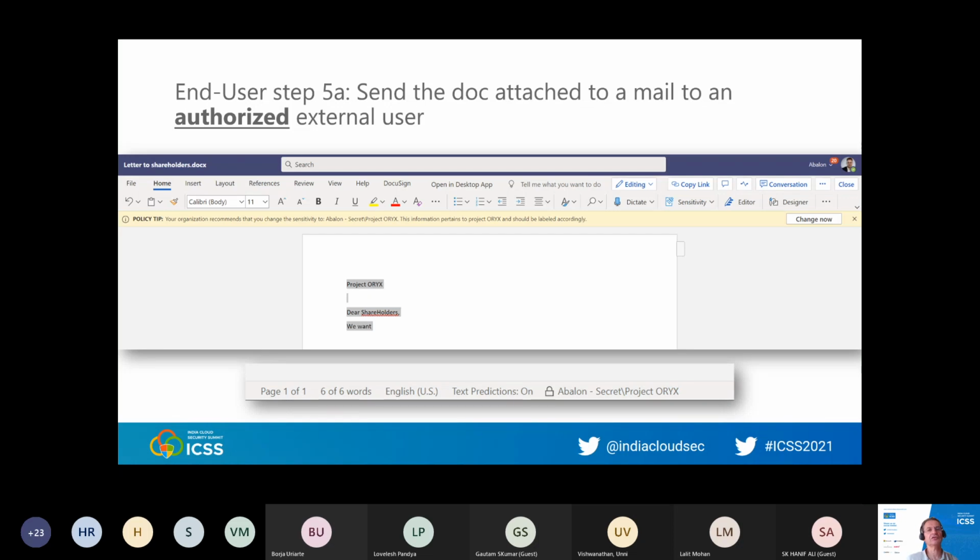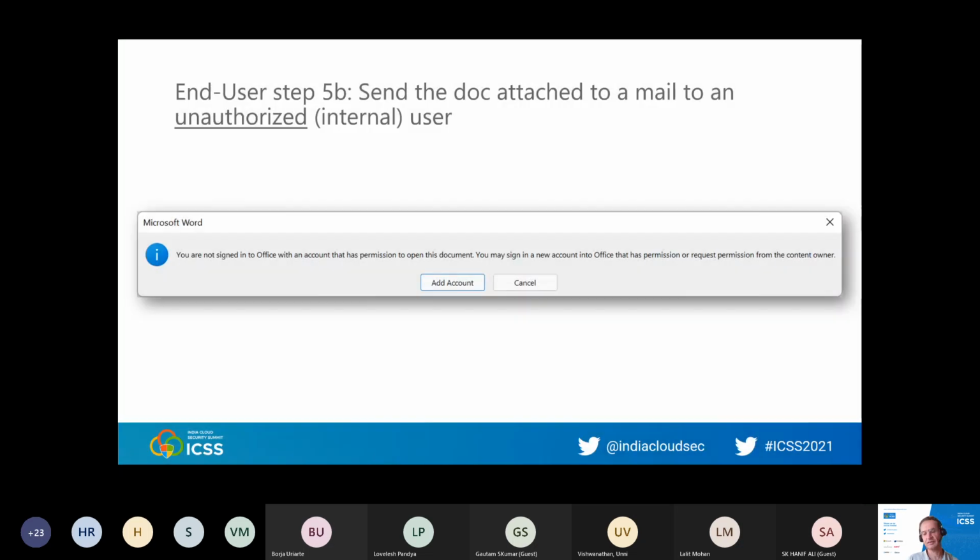If you send the doc attached to an email, for example, download it and send it by your personal email, or to an authorized external user, for example the CEO of the external company, you will get this type of view. You can open it without any problem, exactly like I did in my environment. But if you send it to an unauthorized user, internal or external,